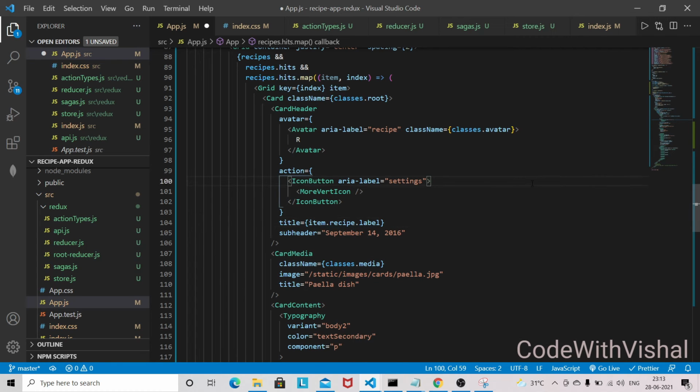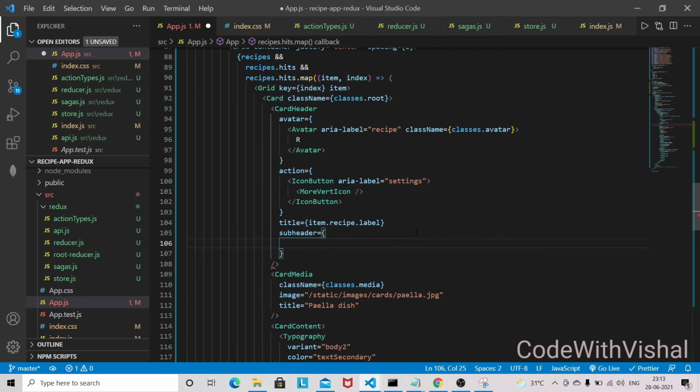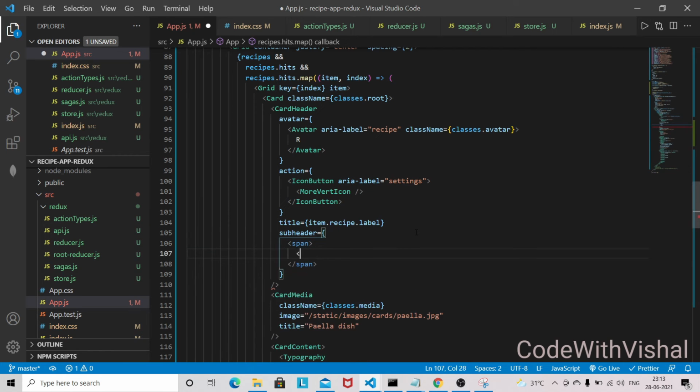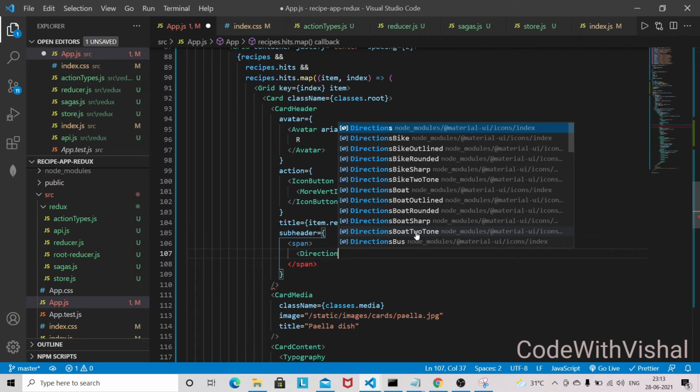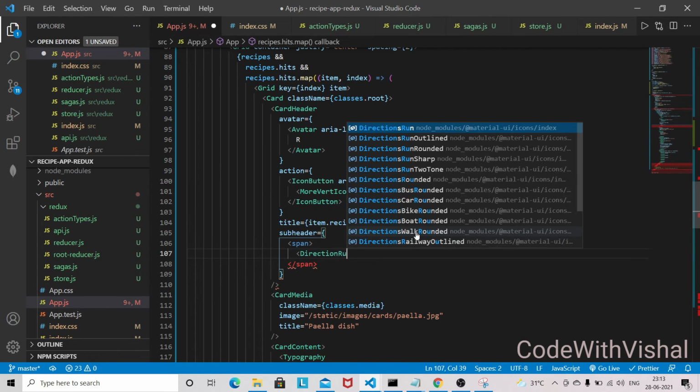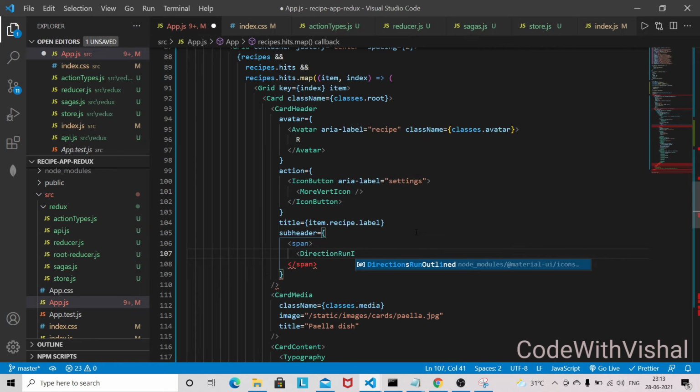So we are going to display the label, and in the subheader we'll have one icon. So I'll be writing one span tag here, and inside the span tag I'll be importing one icon, the direction run icon.